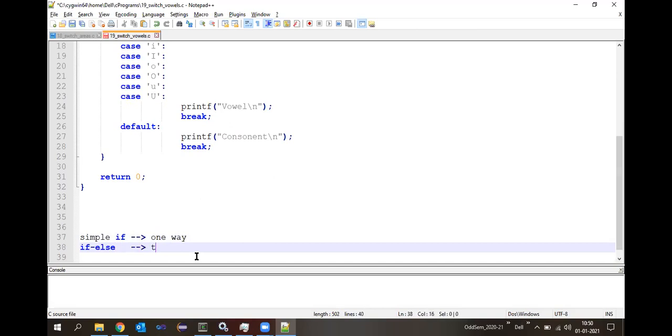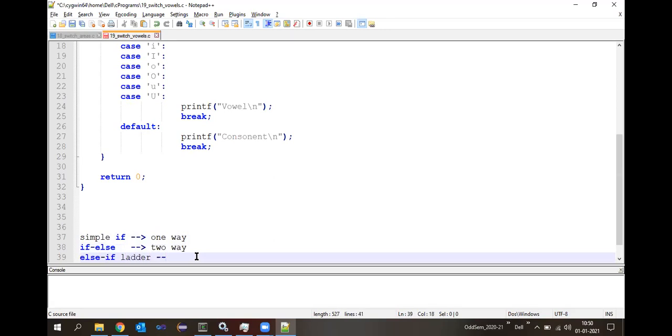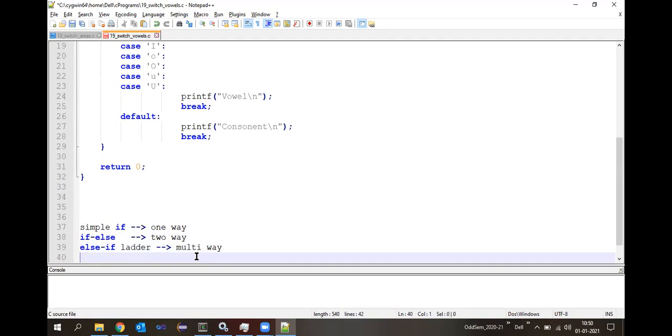Two-way branching. What about the else if ladder? Multi-way branching. What about nested if? Multi-way, yes, this is also multi-way.